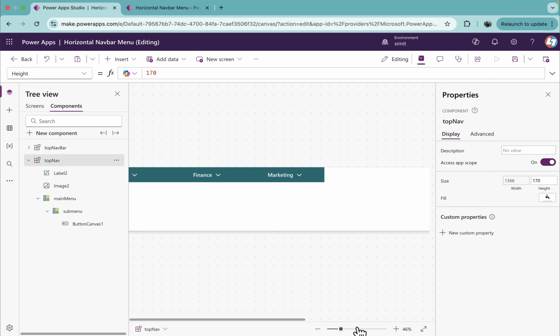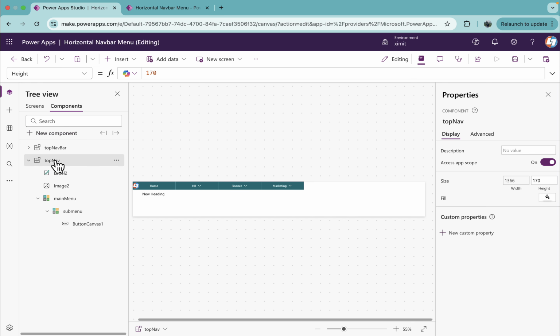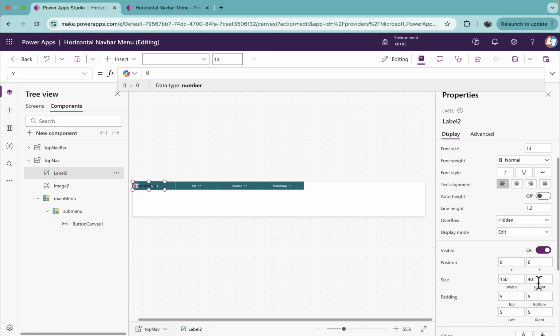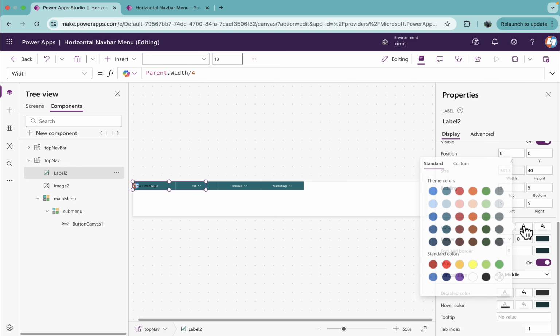Okay, so this is there, and now just to set this label, x position is 0, y is also 0, height is already set to 40. I will set the width of this, so I will say parent dot width divided by 4. So it has a certain width,